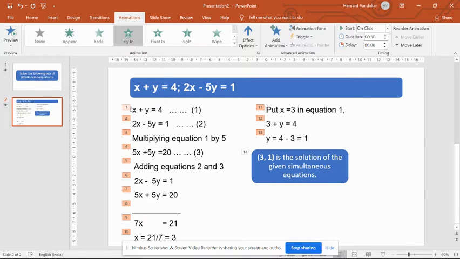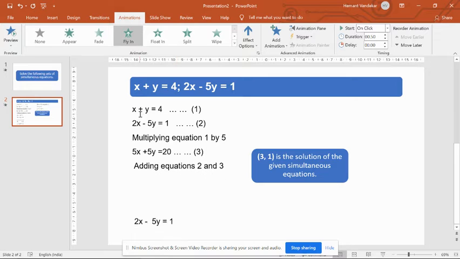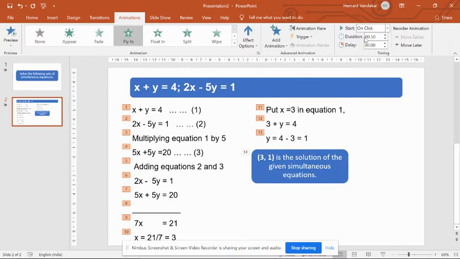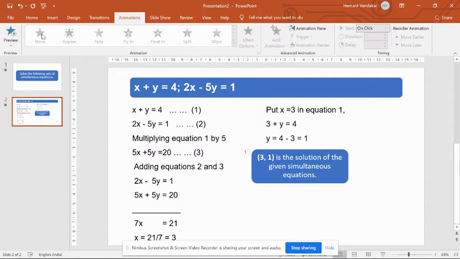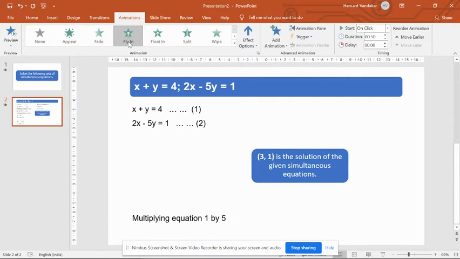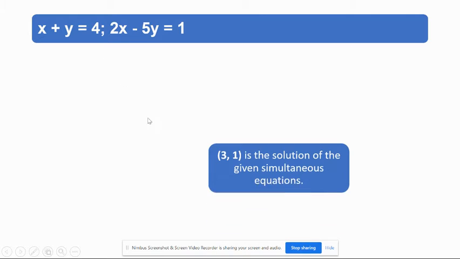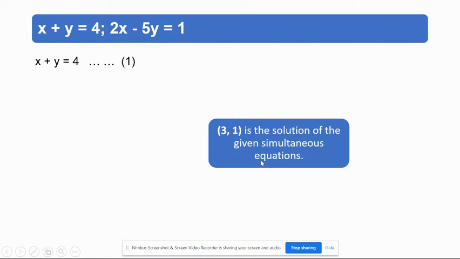this has come one, two, three. Generally, when you say fly in for the entire content, it gives you one, one, one, one. What you have to do is just say go and on click, then it will come 1 2 3 4 5 6 7 8. Otherwise, if you say appear, this is going to appear like this, or let's say none first, and now let's say fly in. So this is how you do this, and then if you check it, you can see this is coming one by one, but this is coming first, so this is wrong.